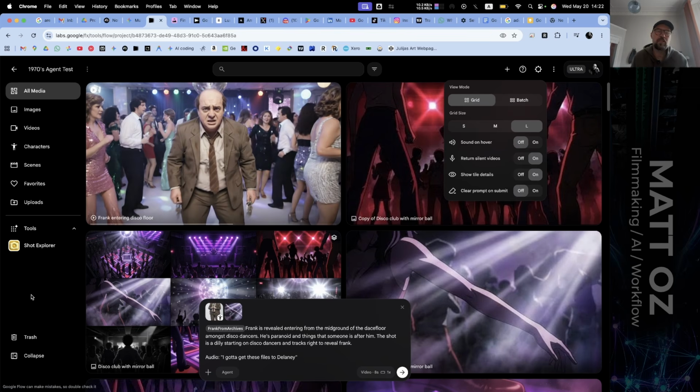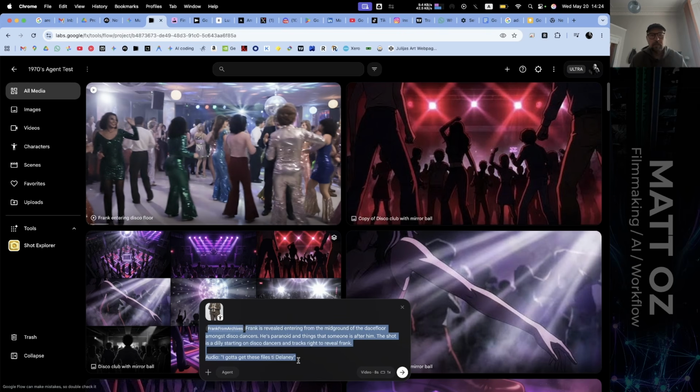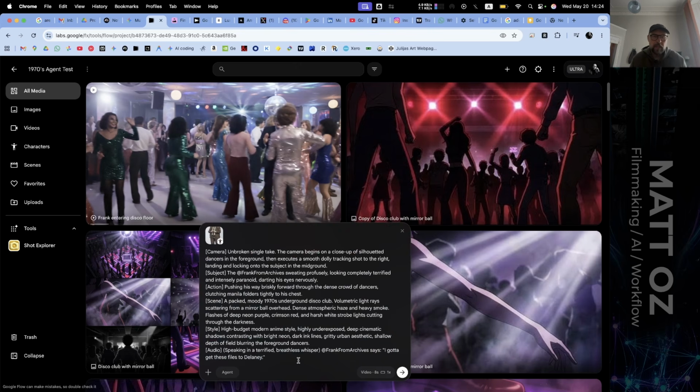Let's go engineer an actual proper prompt with all of the stuff we need. Okay, so we've got our CSACs, I guess is what we're going to start calling this. It's not coined or made up by me. CSACS, C-S-A-C-S, was basically what Gemini abbreviated for me, which stands for exactly what we've got here. So we've got our camera, subject, action, scene, style, audio.